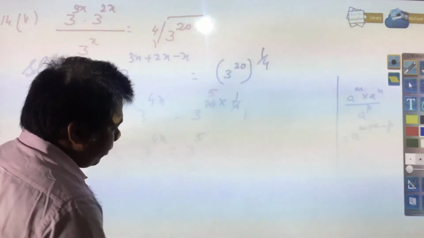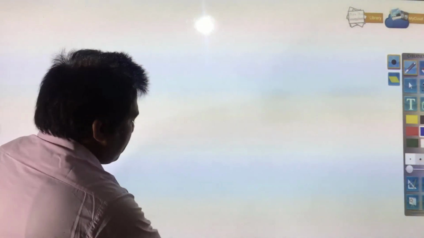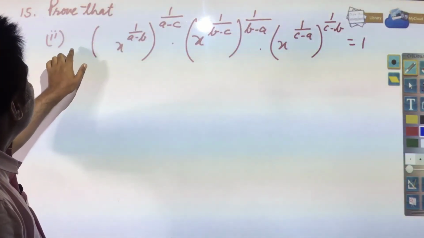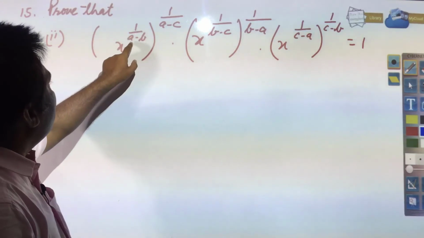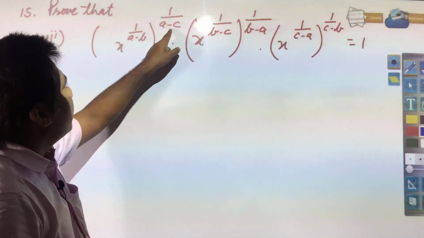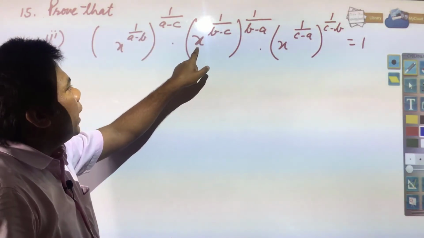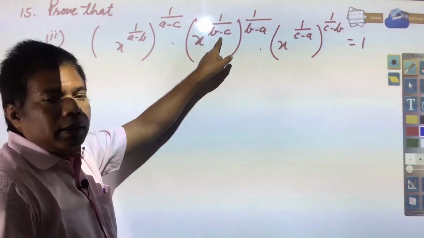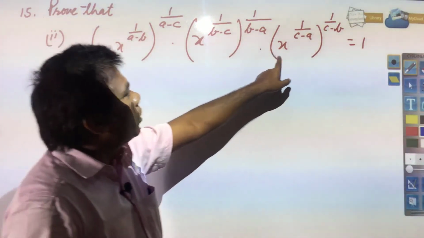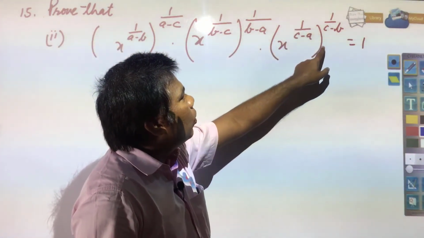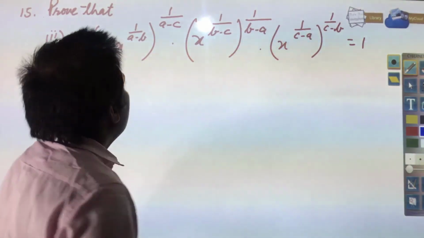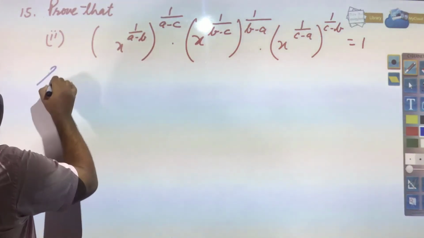Next, you see, you have to prove that (x to the power 1 by a minus b) whole to the power 1 by a minus c, into (x to the power 1 by b minus c) whole to the power 1 by b minus a, into (x to the power 1 by c minus a) whole to the power 1 by c minus b, and that is equal to 1. How we will solve this? You see,